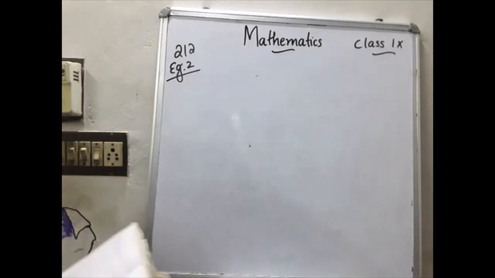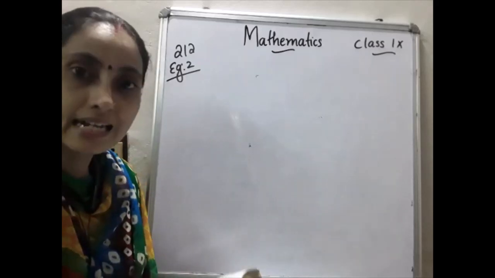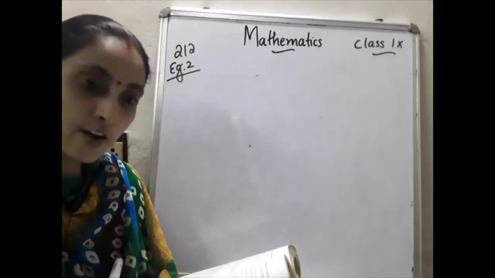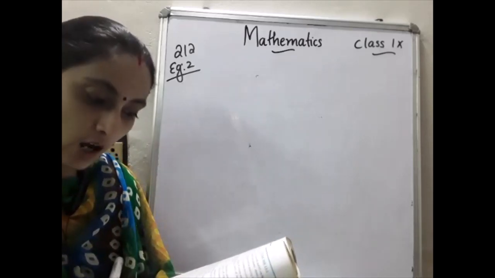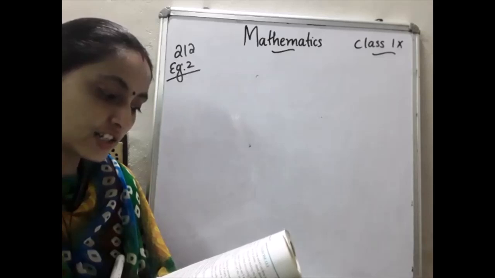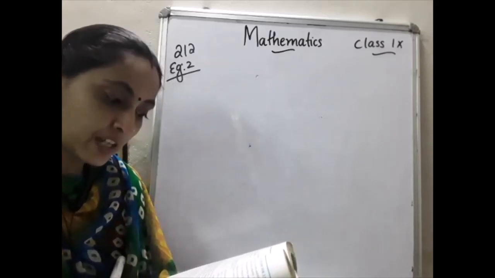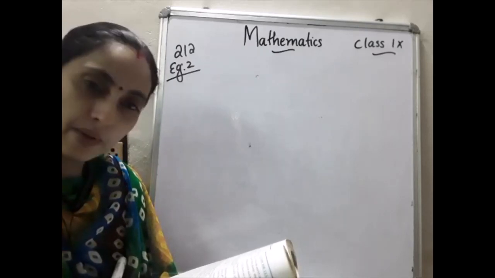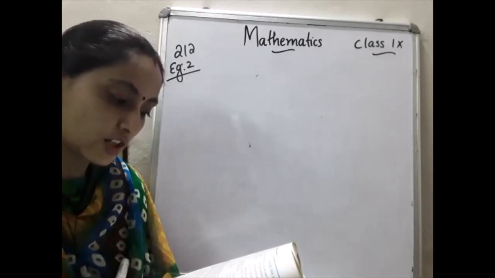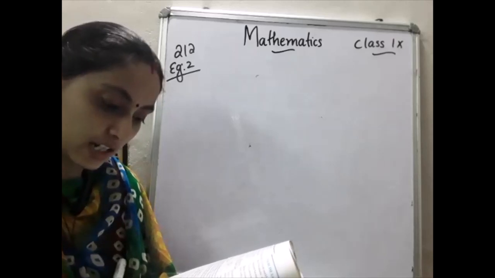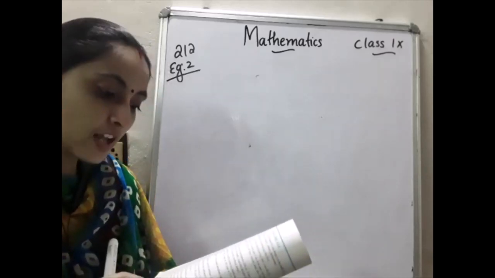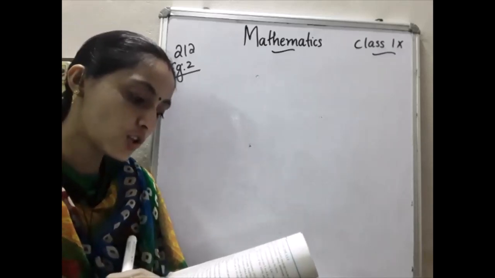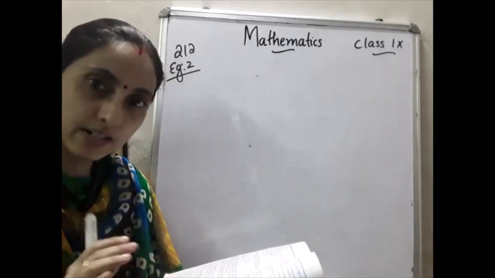All of you please take the textbook page number 212, example 2. Hamid has built a cuboidal water tank with lid for his house, with each outer edge 1.5 meter long. He gets the outer surface of the tank including the base covered with square tiles of side 25 centimeter. Please go to the figure also. Find how much he would spend for the tiles if the cost of the tile is 360 per dozen.